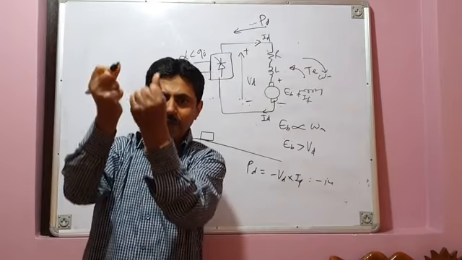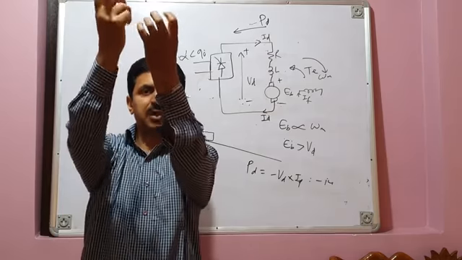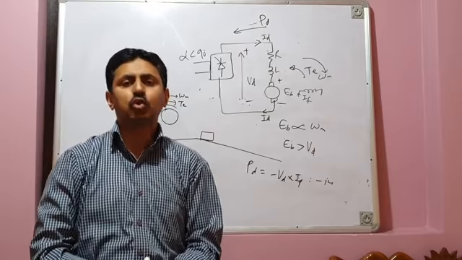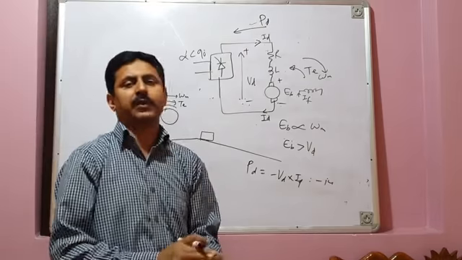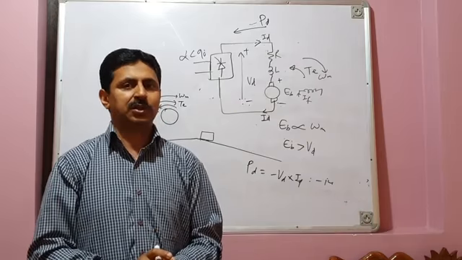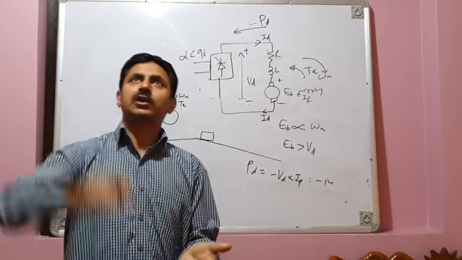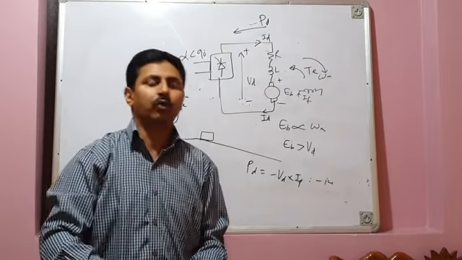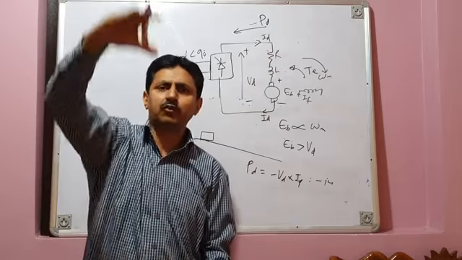When it comes down like this, there's a strong gravity pull. Because of gravity, it will come down very quickly, and it may come down so quickly that it may strike the surface of the earth and it may get damaged. The hoist may get damaged. So therefore, when the hoist is coming down, our aim should be that it should not come down at a very high speed, it should come down slowly.